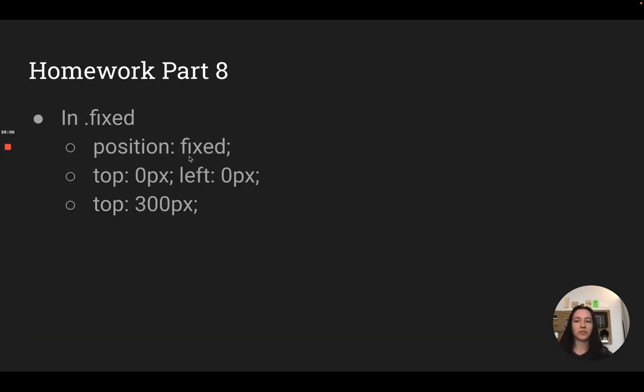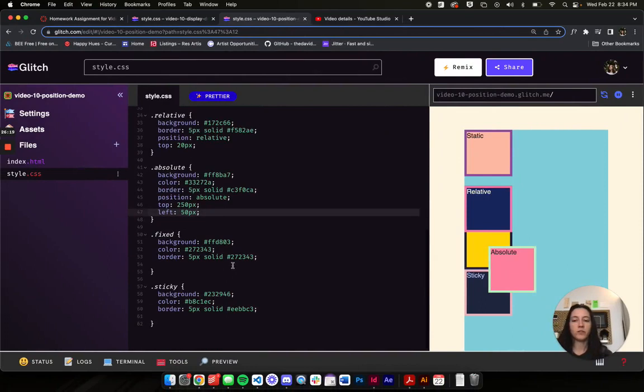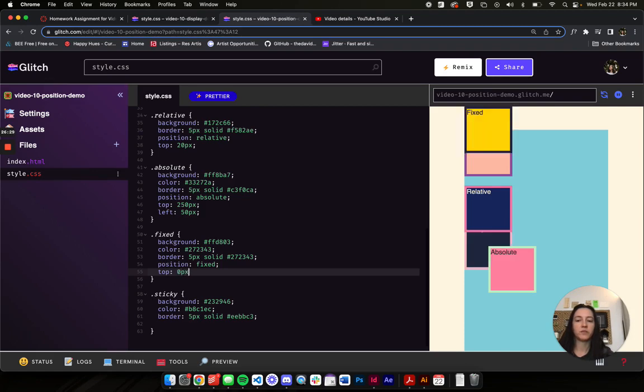So let's do it. Let's try it out. So we're going to add fixed to fixed. We're going to say top 0, 0, so just so you can see where it defaults to, and then we'll change it up. So we're going to go to fixed. We're going to say position fixed, and I'm going to say top 0 and left